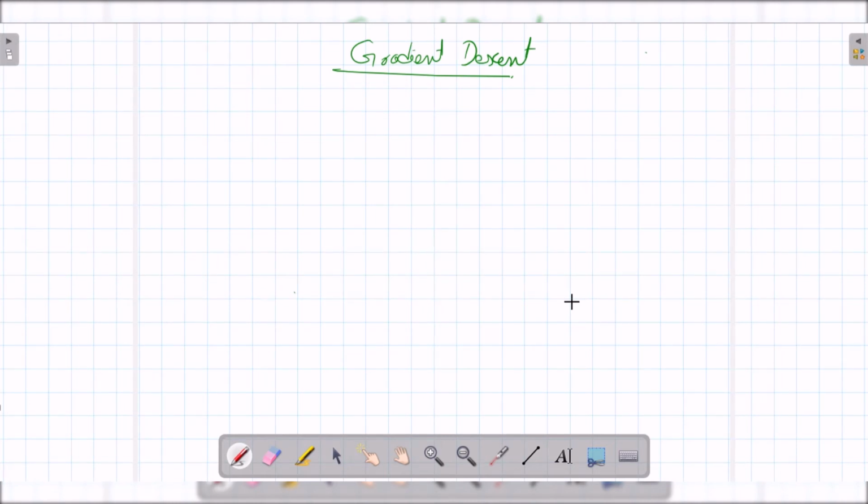So friends, in this particular video tutorial, we are going to discuss gradient descent. Gradient descent is basically one of the most fundamental algorithms used by all machine learning algorithms for cost optimization and parameter tuning. So when I say cost optimization, what is the cost here? Basically, in machine learning language, the cost is defined as the